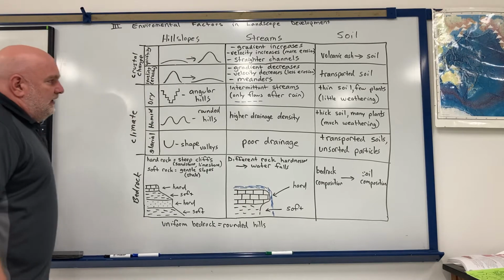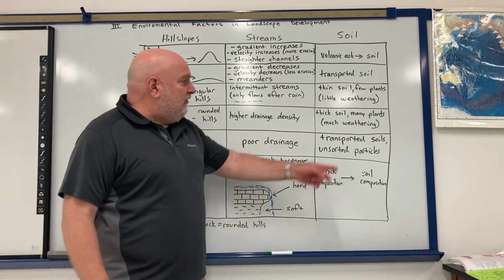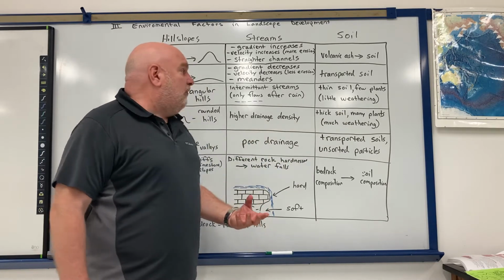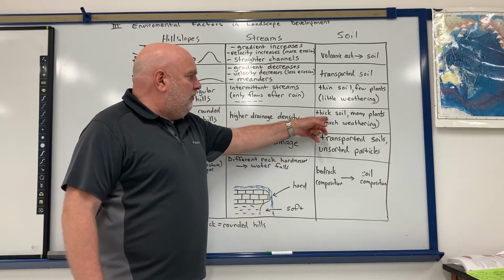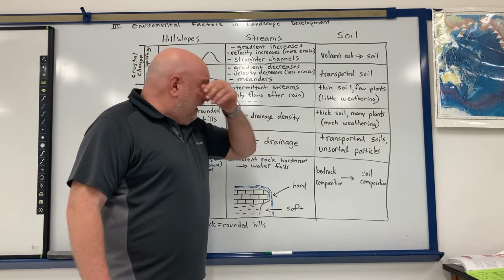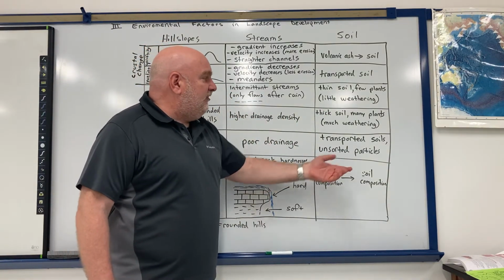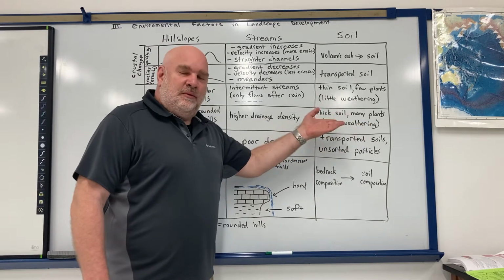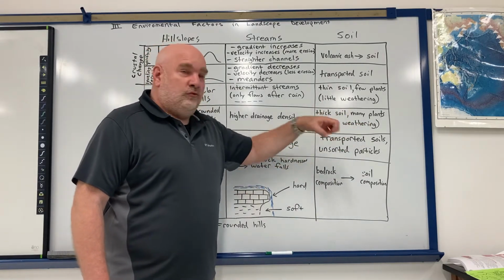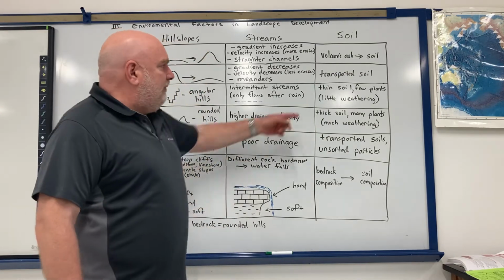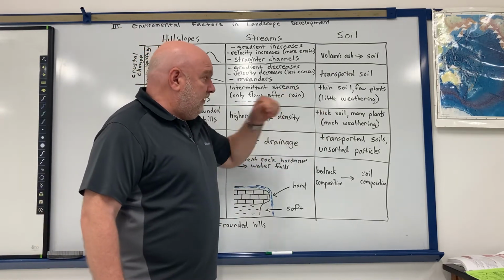Whereas in a humid climate, you have lots of weathering taking place, which will result in more of the breakdown of rock material. So I'm going to have a thicker soil, and if I have a lot of water and thicker soil, I'm going to have lots of plants. When the plants die, they become part of the soil, and also the plant's roots help make the soil even more. Okay? So dry climates, thin soil; wet climates, thick soil.